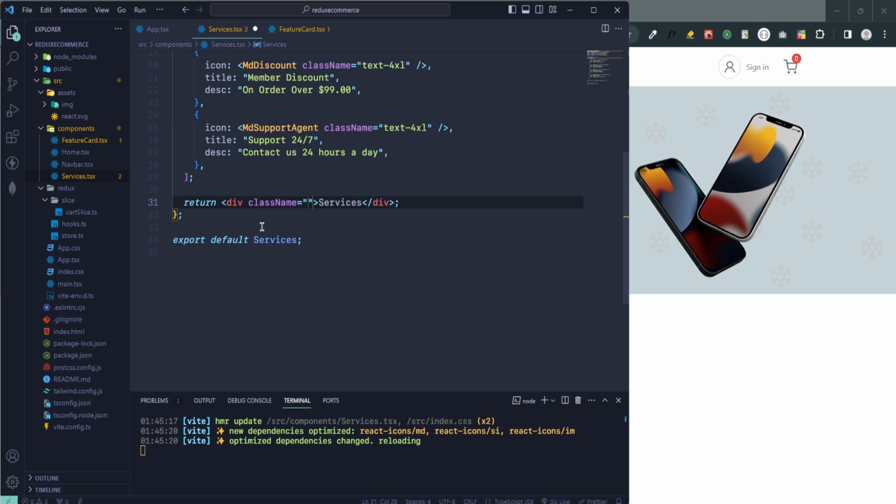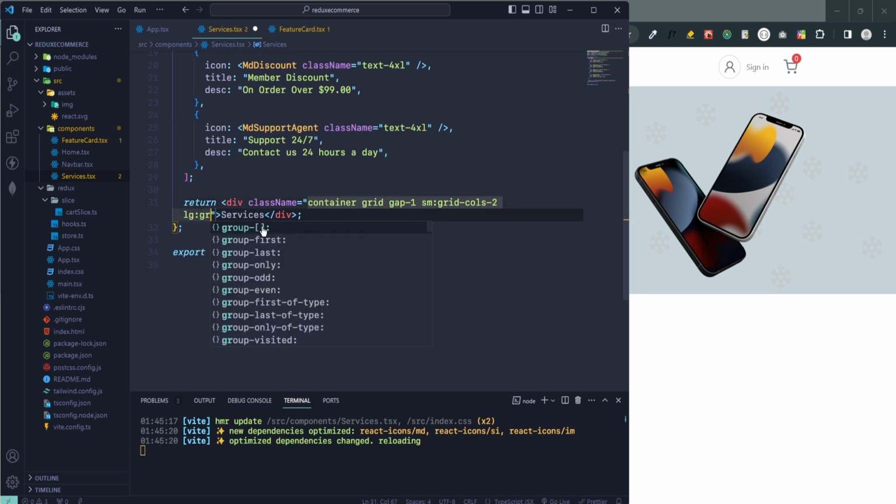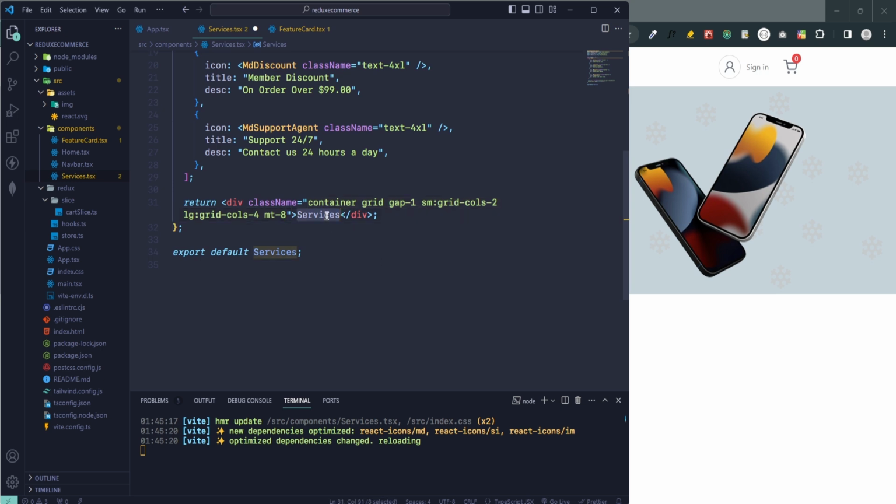Class is container grid gap-1, small grid-cols-2 and large grid-cols-4 and margin-top 8. Okay,